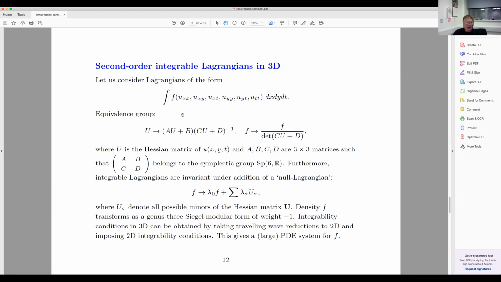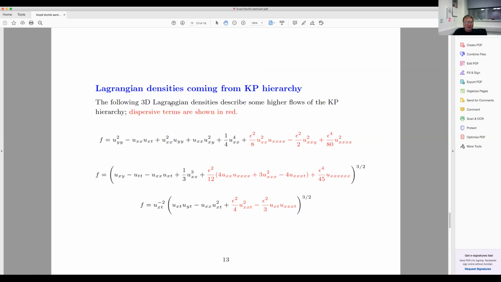All right, but okay, I'm not presenting you equations, conditions of integrability, because we don't have a nice form for them, like in the 2D case. We can't write them in a very simple form. There are lots of them. They live in the computer. We can calculate with them, but we can't write them in a nice form yet. Okay, let me show you some examples. Lagrangian densities, so we have only examples in 3D. Lagrangian densities coming from the KP hierarchy.